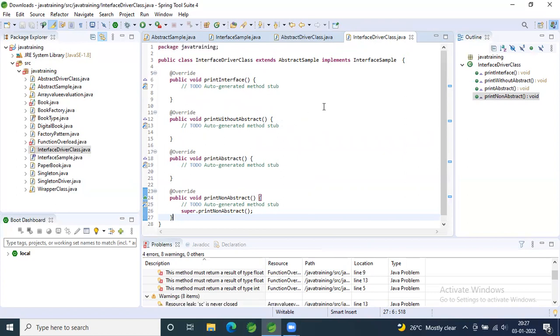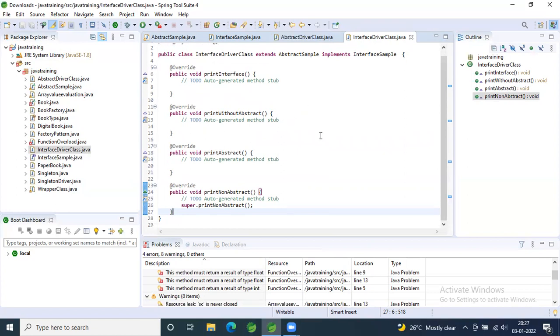Okay. So now the thing is, any class can extend your abstract class as well as implement your interface. So you don't need to worry that if I extend an abstract class, then I can't implement an interface. There's nothing like that. You can have both things together in one place. In the case of iPhone 11, the same example which we took, the iPhone 11, 11 Pro, 11 Pro Max have a similar display feature, which can be implemented from my abstract class.